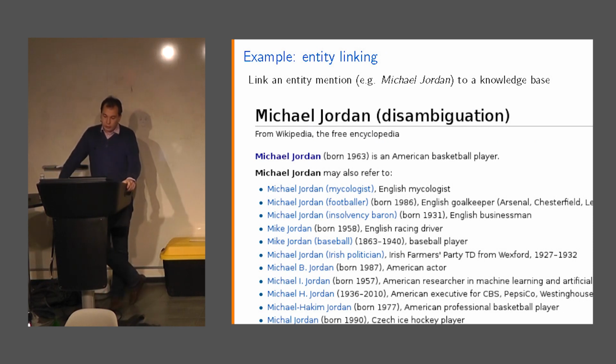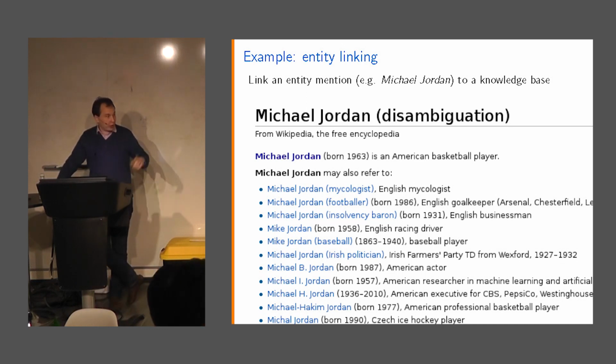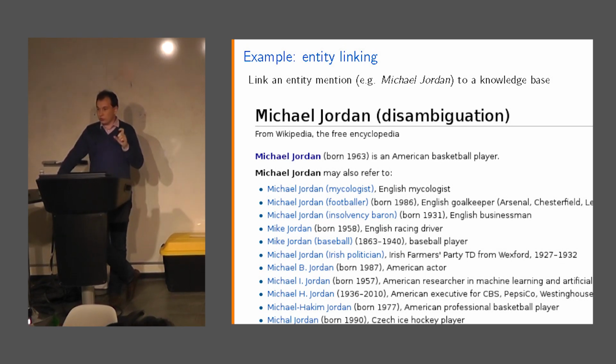A second important thing to do, once you've extracted those entities, is to link them into a knowledge base, for example. A lot of those entities are very ambiguous. For example, Michael Jordan, of course he's the very famous basketball player, but he's also a very famous professor of machine learning at UC Berkeley, and you don't want to mistake those two persons when you're extracting information about them.